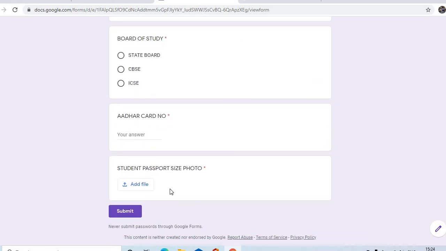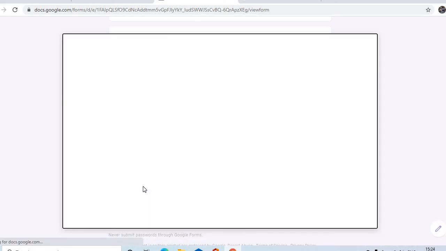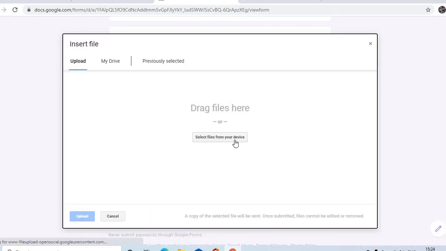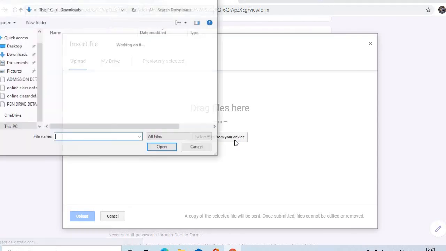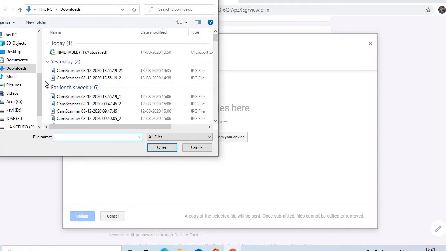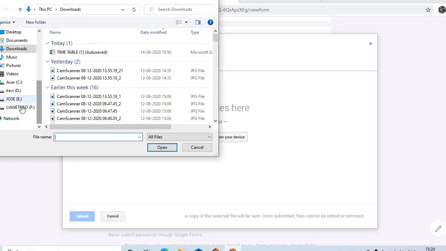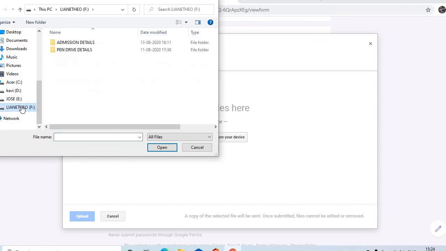Then the student's passport size photo can be added. If it is available, just add the file. The portal will be opened, so I have to select the file from my device. I am going to the place where I have saved it.